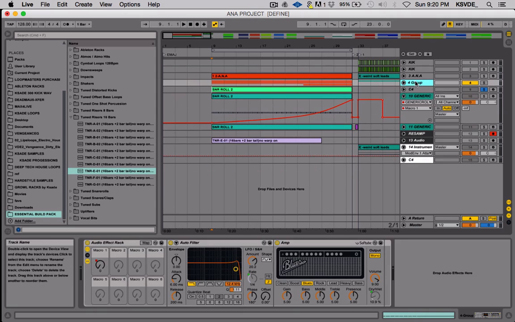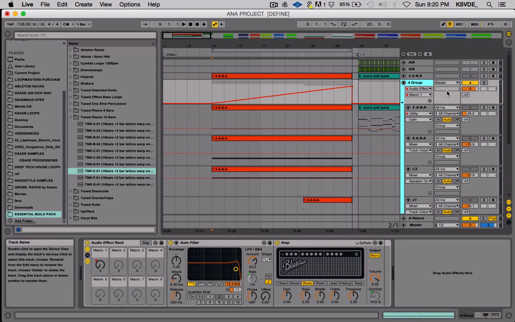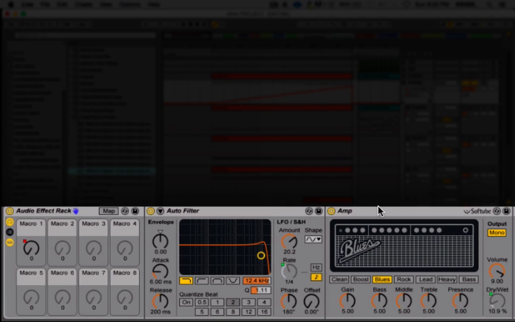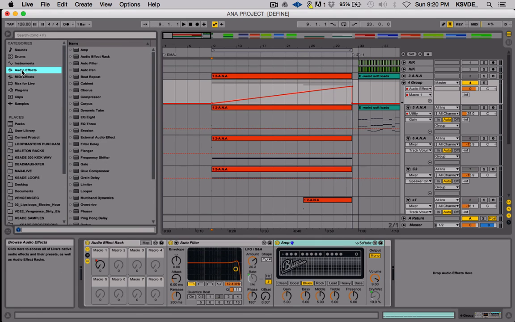Let's go to the next group, where right here on the group I have this rack. So it's just a filter and an amp. The amp is really there just to bring in a lot of brightness and that kind of thing. So it's really good to have this brightness introduced into a build-up because we just really needed to bring in that excitement. So right here it's just the default setting. Once you pull out the amp from the audio effects, it's just the blue setting, and